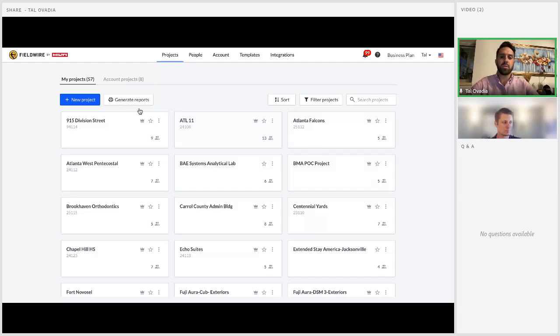So all of those things, we've been able to really find the agility within Fieldwire to help us continue to do the things we always want to do, which is get accurate information timely from the field to our project managers and ultimately be able to deliver whatever we need to our customers.